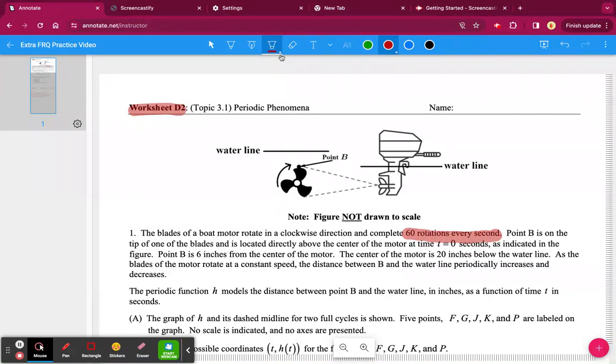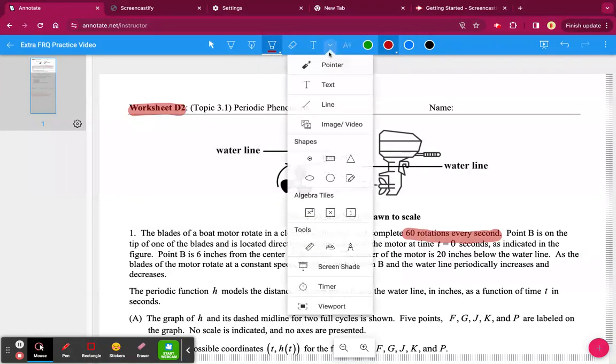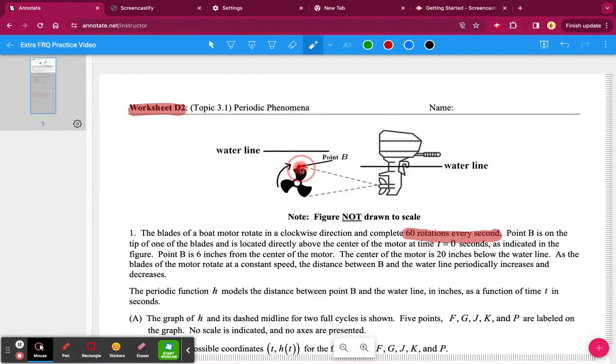And a rotation is talking about, if I put my pointer here, I start here, a rotation is going all the way around back to that point. Or if I started down here, going all the way around back down to that point. So instead of 60 rotations, I'm just looking at one rotation. So my period is how long it takes for one rotation. So if there's 60 rotations every second, the period,